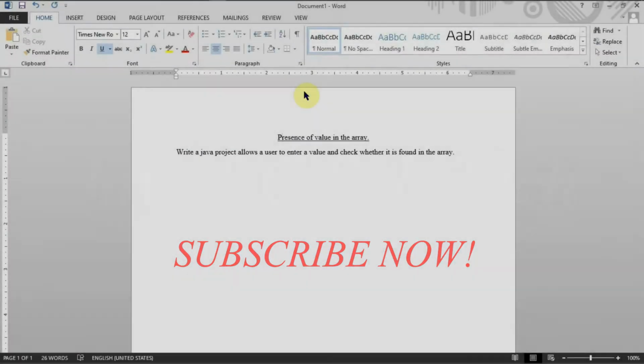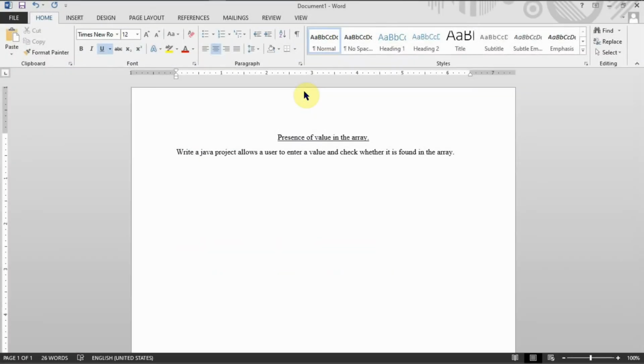In today's tutorial, we're going to look at a project or a program which is able to allow the user to enter some value, and that value is checked in the array to see whether it is there or not. So the question is, write a project that allows a user to enter a value and check whether it is found in the array. Some of the important things that we need to take note of here is that